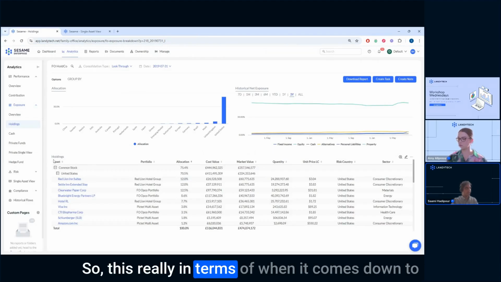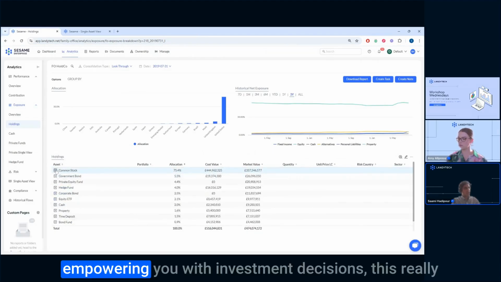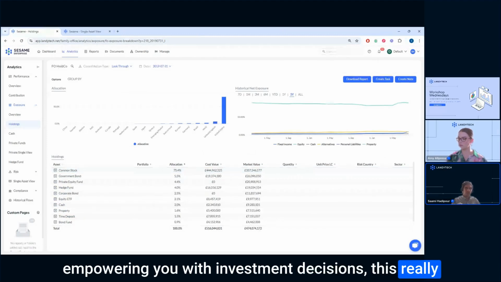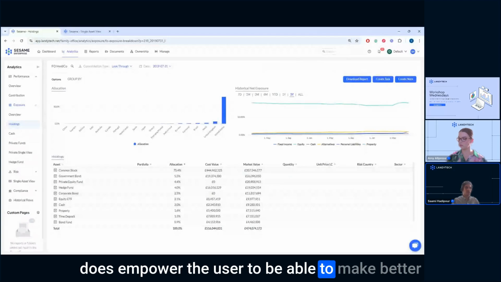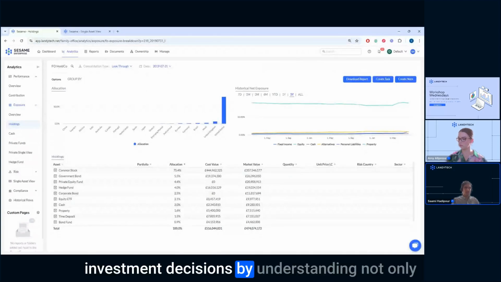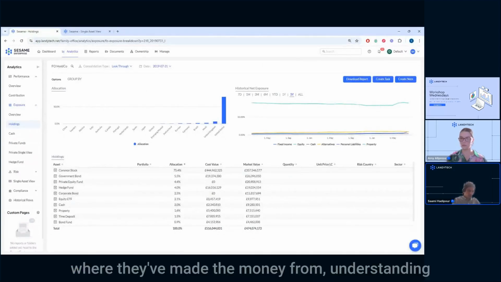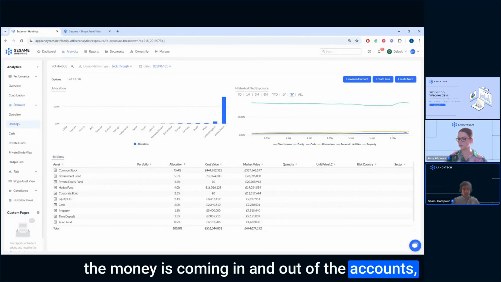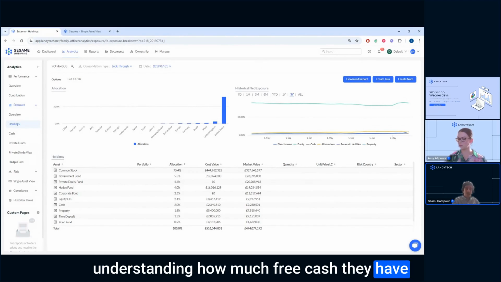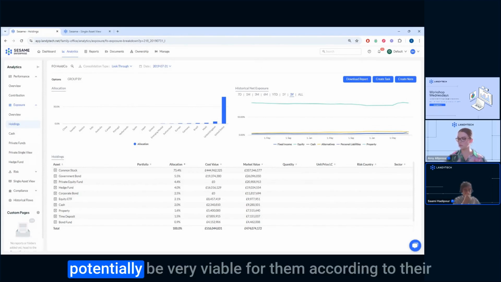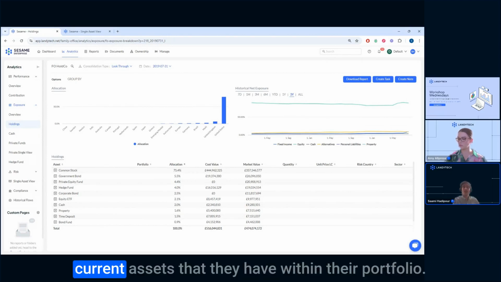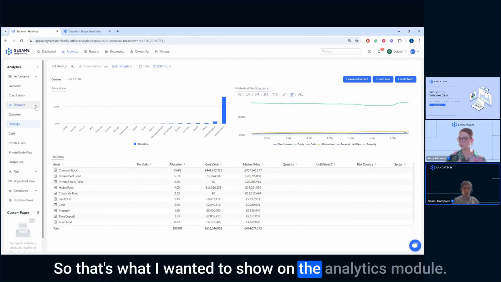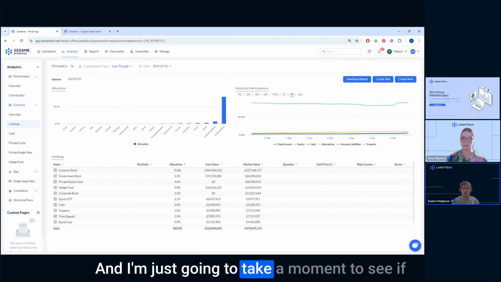So this really, when it comes down to empowering you with investment decisions, this really does empower the user to be able to make better investment decisions by understanding not only where they've made the money from, understanding where their exposures are, understanding where the money is coming in and out of the accounts, understanding how much free cash they have, and for what types of investments that could potentially be very viable for them according to the current assets that they have within their portfolio. So that's what I wanted to show on the analytics module,